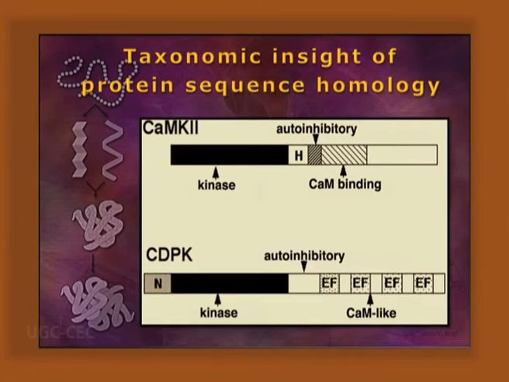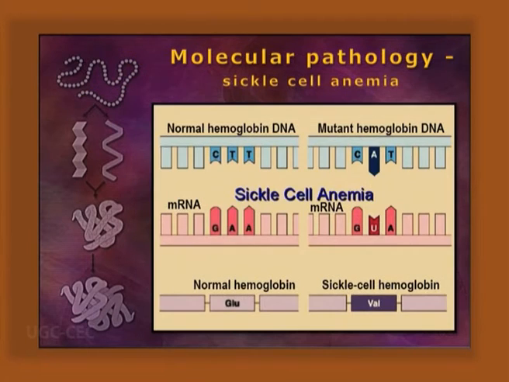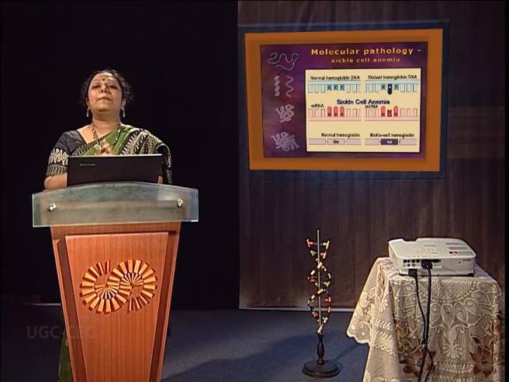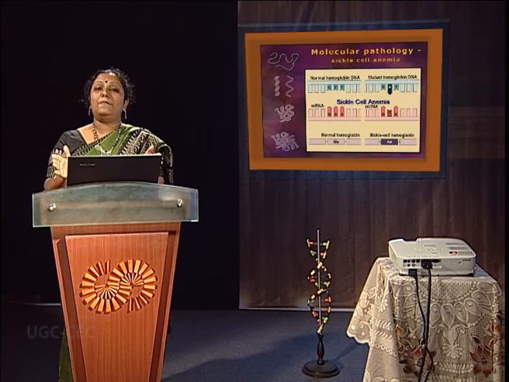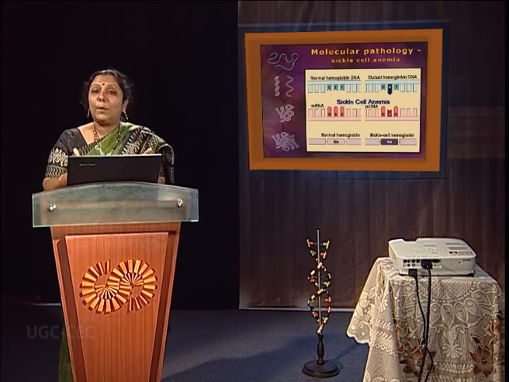It gives the taxonomic insight, evolutionary changes with respect to the calcium binding site as well. It gives the molecular pathological idea. In case of sickle cell anemia, as we know, glutamic acid is changed to valine, so it disintegrates the hemoglobin structure. It is important for the protein databases, genomics and proteomic structure, important for DNA sequencing as well,